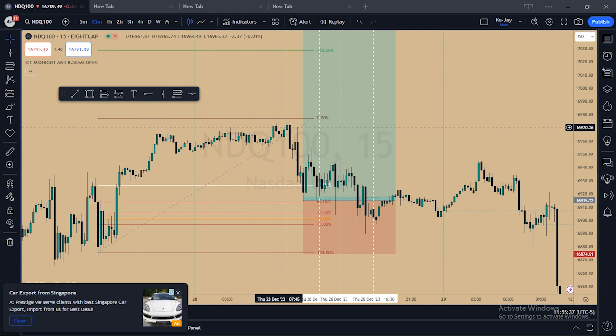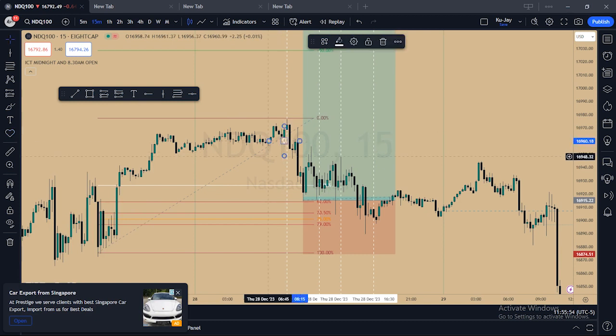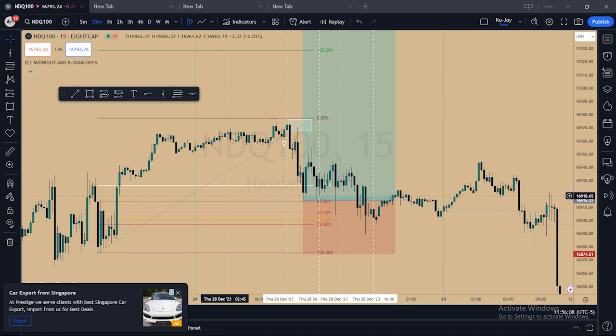Price was taken out here and then it went down. During the session it broke here, liquidity was taken here. That was around 8:30. After taking out liquidity, it broke market structure, a market structure shift here, according to the ICT 2022 mentorship strategy. And then price came back, ne? It hit this order block and respected it. So price was bearish yesterday. Then from there it went deep into this fair value gap. I didn't take this trade because I was expecting bullish prices.